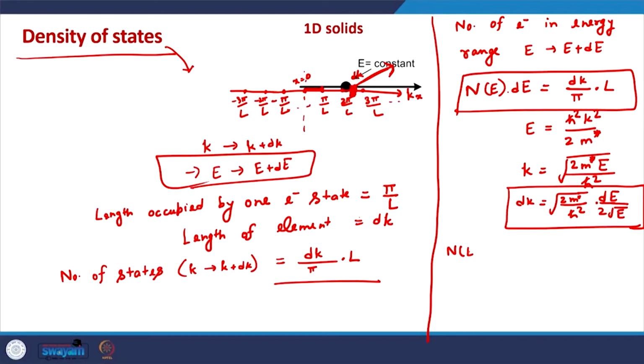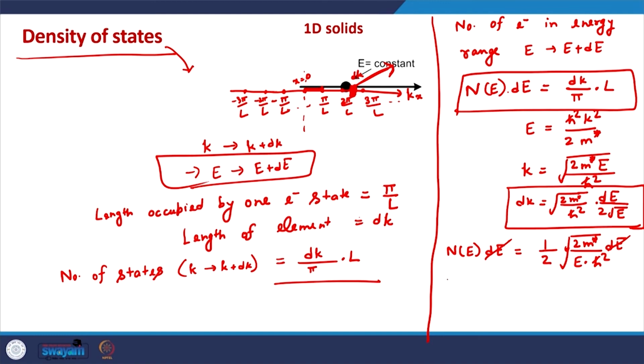okay. So, this number N(E) dE would be 1 by 2 square root of 2m star dE divided by E times h bar square. So, dE go away. Now, what we are left with is,